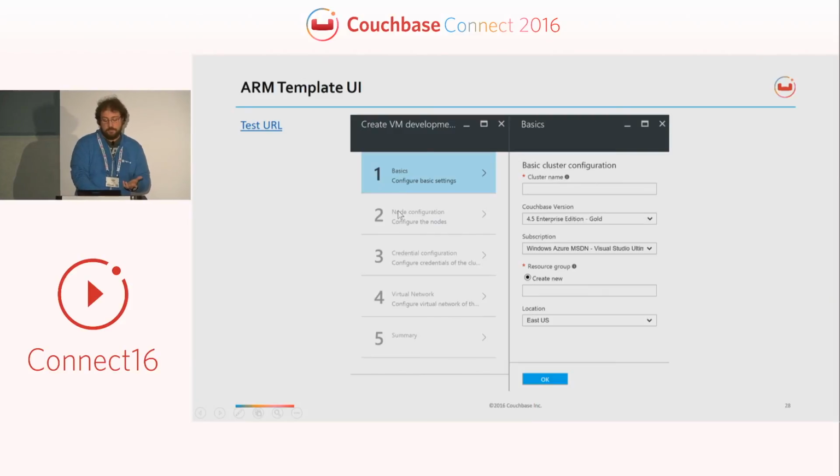Then you pick the node configuration, which is the VM size. You give the credentials for the environment: user and password for the VM, user and password for the Couchbase administration, the virtual network, and also the number of nodes. So you want to deploy 1, 2, 3, or 30 nodes, for example,